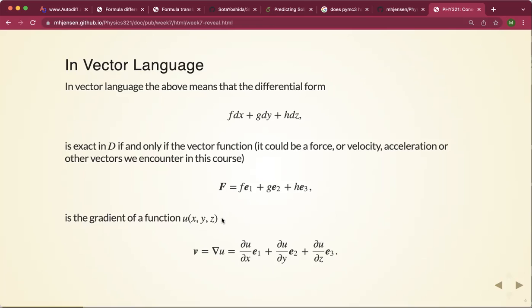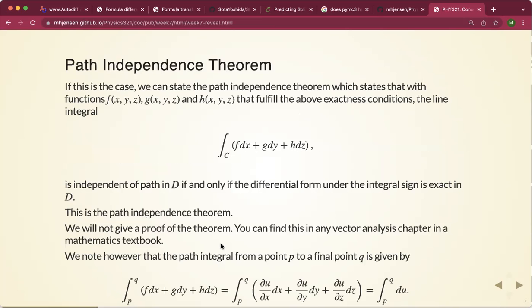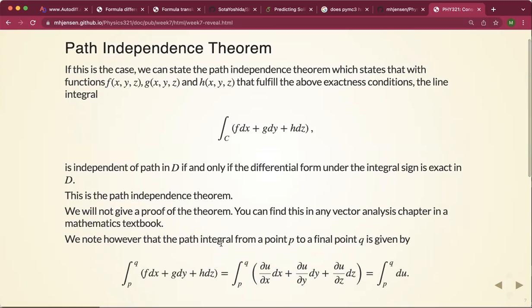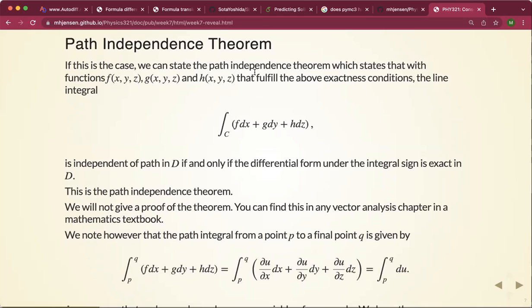So I'm not proving these statements for you. I hope you can forgive me for that as well. You can show that this is actually exact if this function f here is exactly equal to the gradient of this function u. And then in this case, you can state the path independence theorem, which states that with